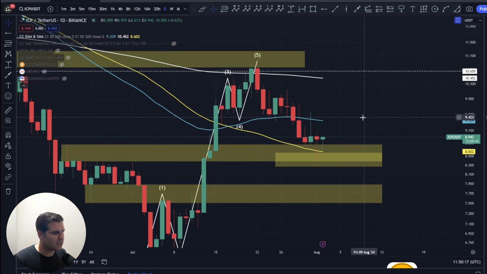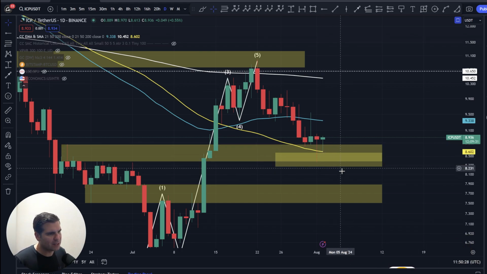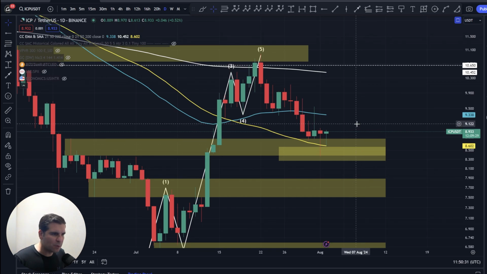Well, it's not clean cut just yet. It does look like we have potentially finished our move here, but it's also showing us that a last little drop is potentially still on the cards, basically indicating that we might see a little bit more to the downside before we get into that kind of breakout situation.